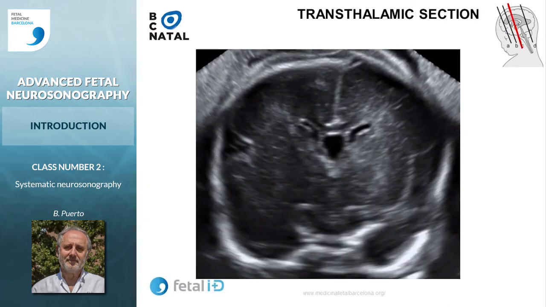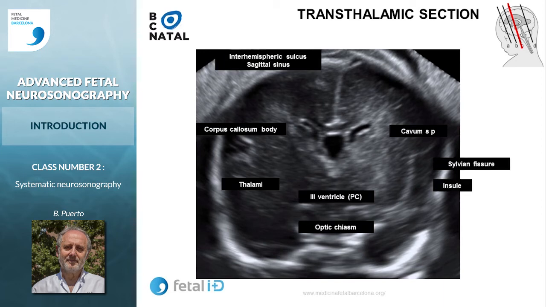Moving backwards, we see the transthalamic section. We can see perfectly the Sylvian fissure. It's easier to identify it in this plane than in the axial ones. We see the insula again. We see the cavum septum pellucidum, the anterior horns, the corpus callosum body, and these